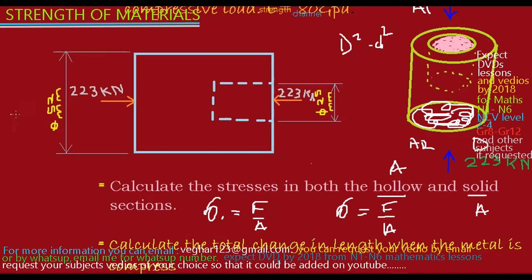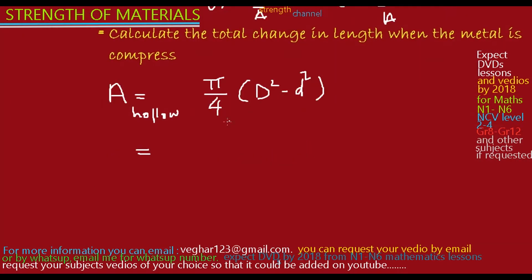The side is 52. It's not clear. It's 52 here, and this one is 25. So this is the bigger diameter, which is 52. So you have two diameters. This diameter is the same as this diameter because it's equal. So this is the outermost diameter, which is 52. So for 52, we'll say for the hollow,